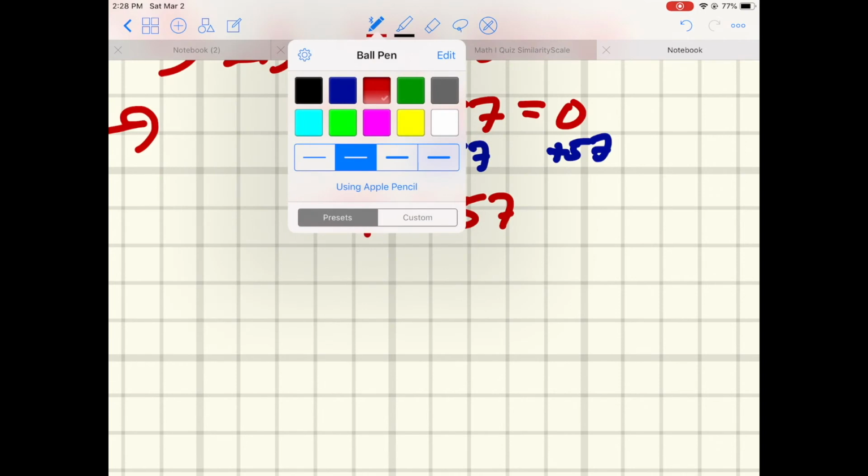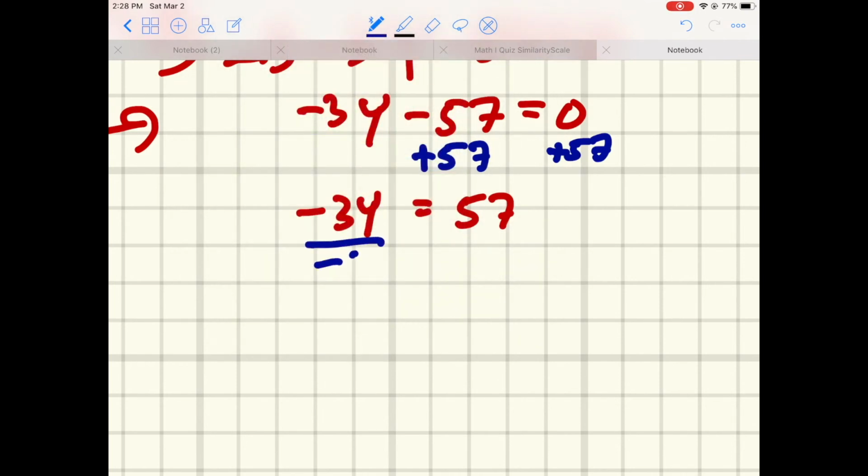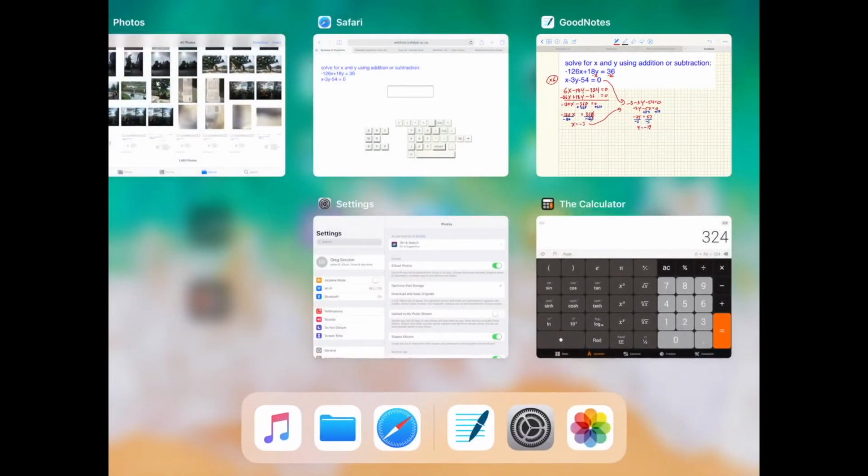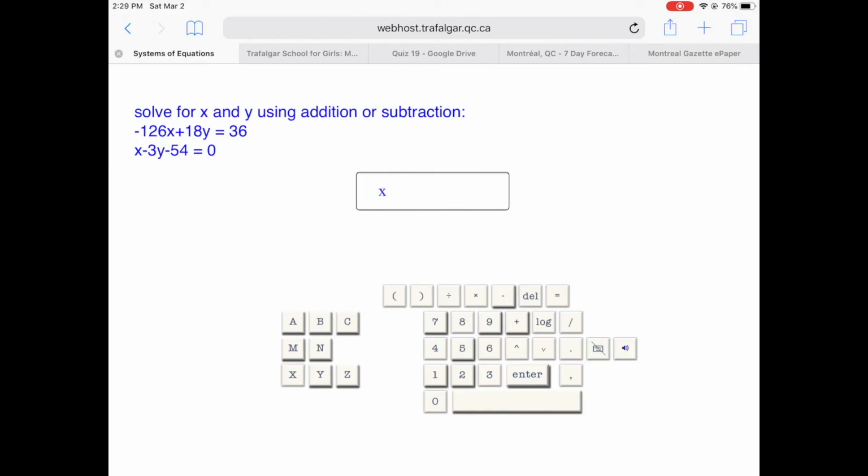To get the y all alone, I'm going to divide both sides by negative 3. 3 goes into 57 19 times. Y is equal to a positive divided by negative is negative 19. Our answer is x is negative 3 and y is negative 19. I can just type that in like this. X is equal to